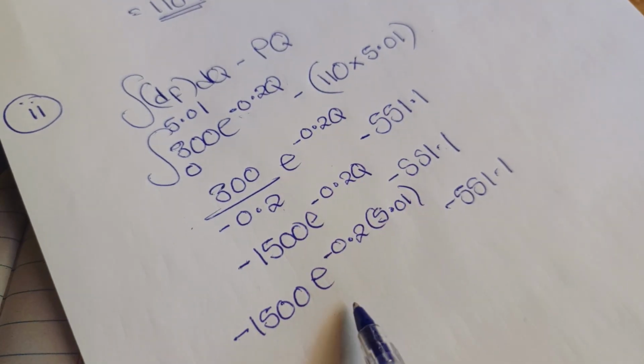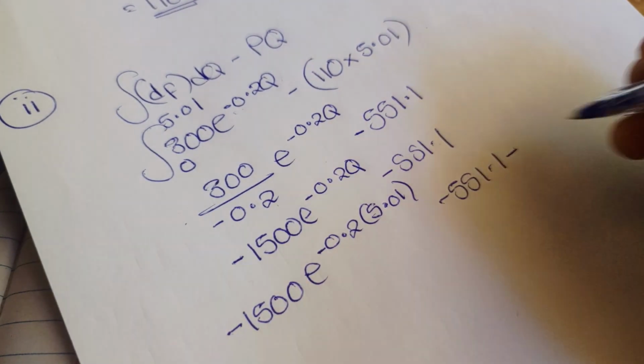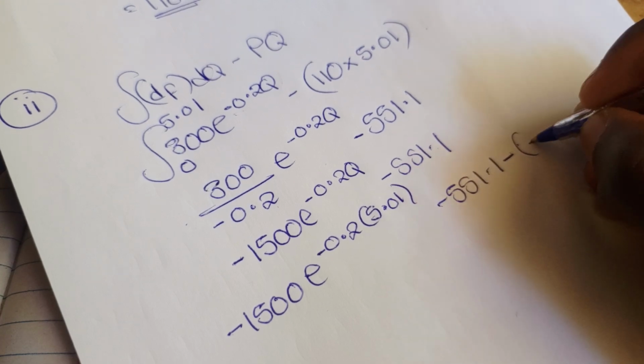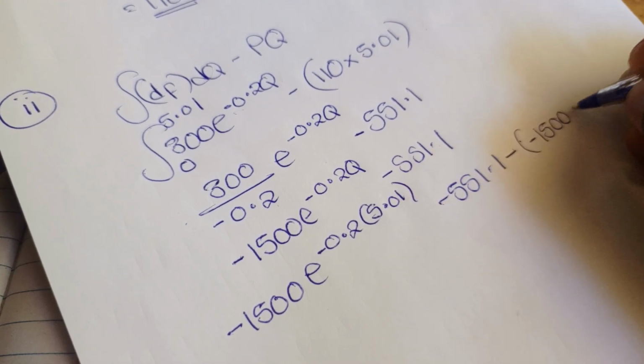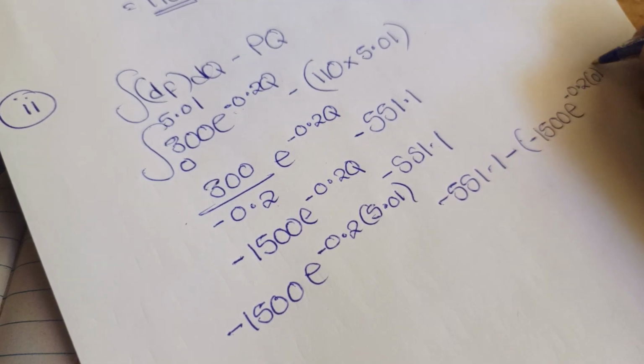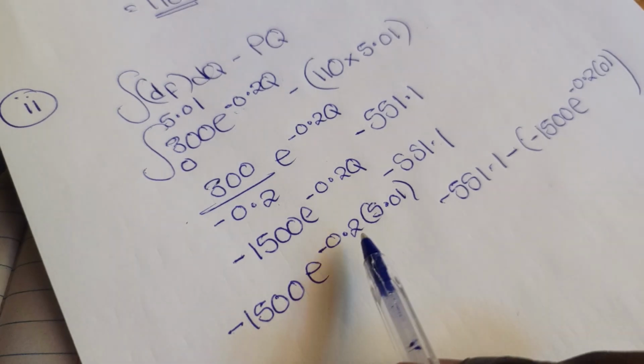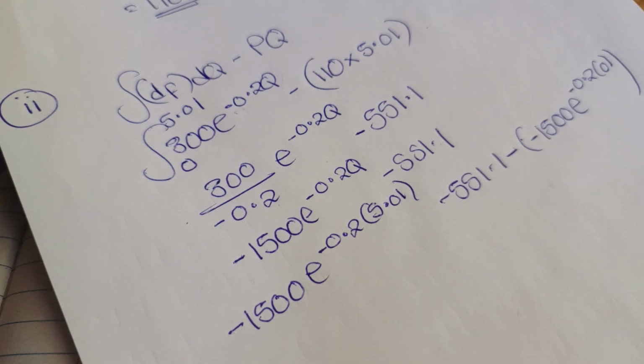So we'll say minus again negative 1500 e to the power negative 0.2q, like that. So from here, negative 0.2 times 5.01 is negative 1.002. Shift exponent, it will give you 0.367 multiplied by 1500, it will give you